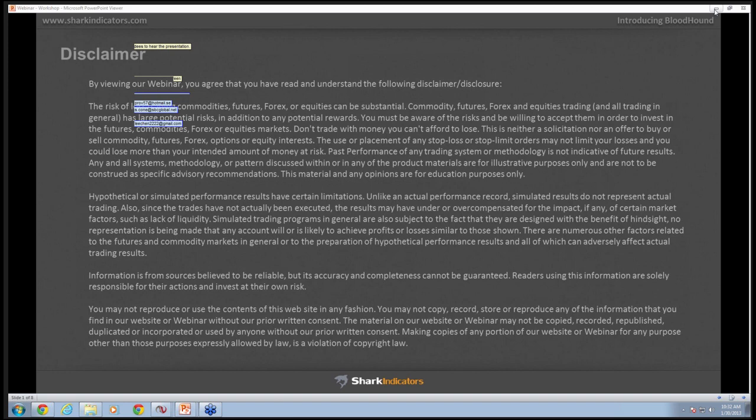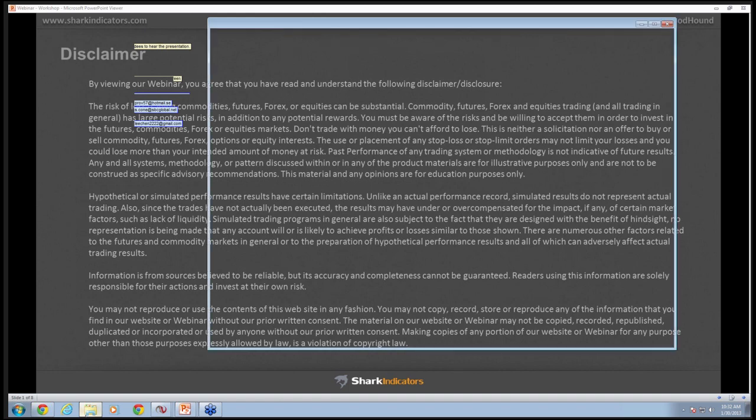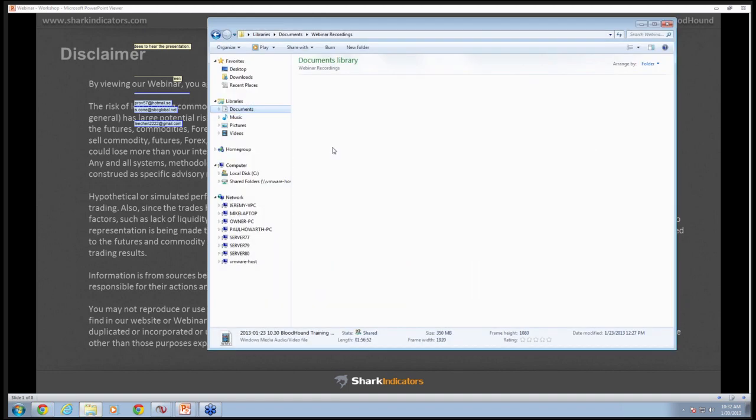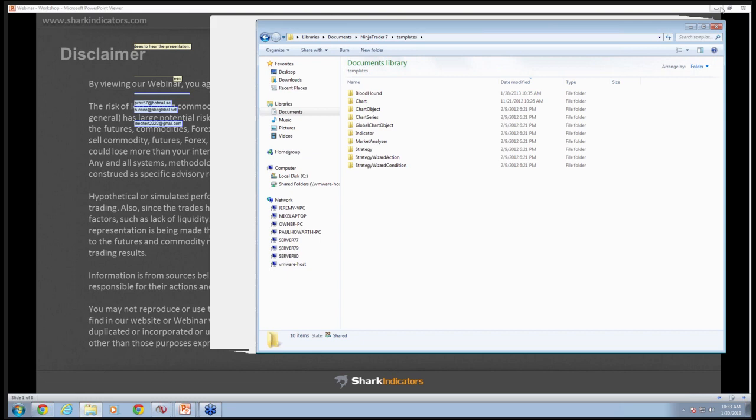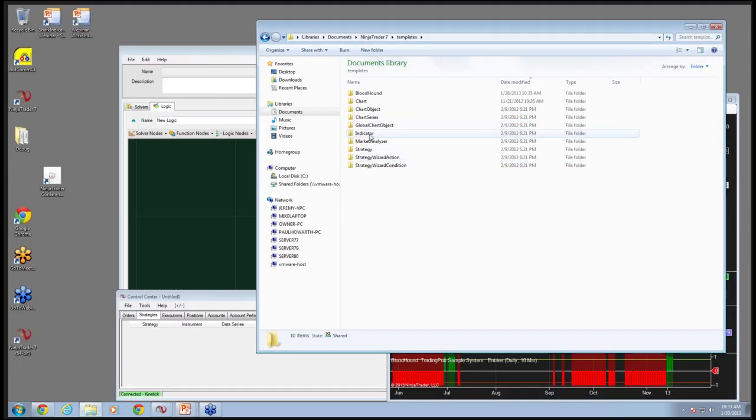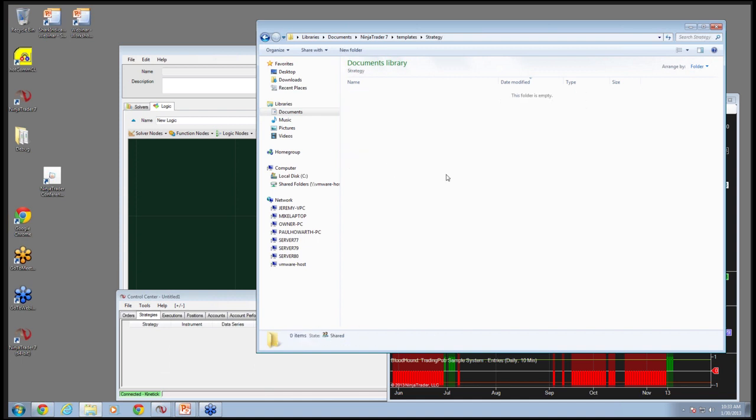NinjaTrader just stores a configuration of any strategy that you run, and actually even any indicator that you run, on the drive somewhere. If you go to your My Documents folder under NinjaTrader 7 and go to templates, under strategy and/or indicator, you may see some stuff there. If you go to strategy, mine is empty right now, but you might see something here like